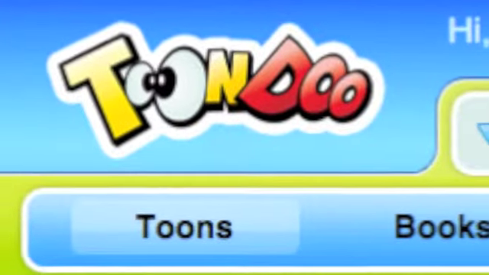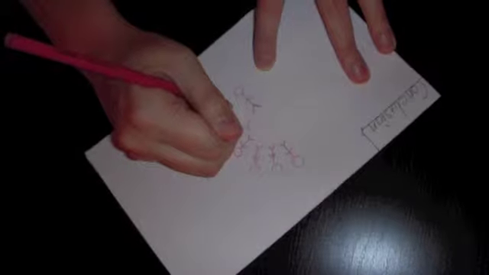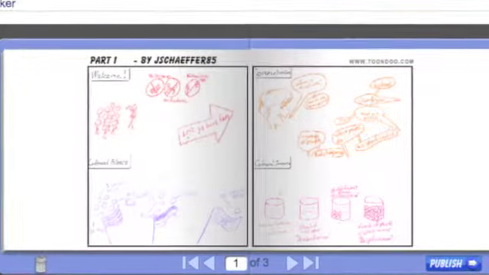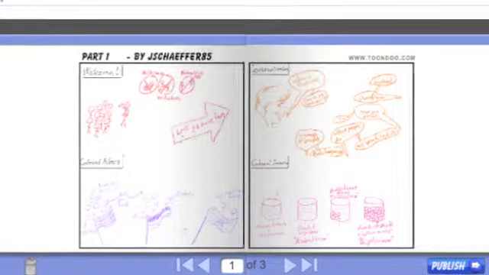The tool being used is called ToonDo. ToonDo allows you to create comics. The trainees will create comic cells that show the different parts of what they learned throughout their training. These cells will be scanned or photographed and uploaded to ToonDo, where they will create a comic strip with them to show their program. This will give the trainees a creative way to show what they have learned throughout their